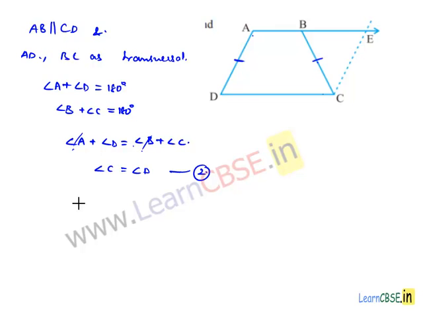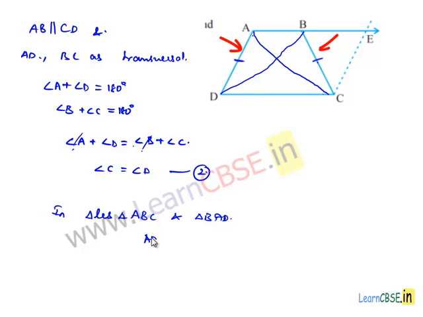In the third proof, he asked us to prove that triangle ABC is congruent to triangle BAD. In order to prove this, let us join AC diagonal and BD diagonal. Now, as he asked us to prove the congruency of two triangles, let us consider both the triangles, that is triangle ABC and triangle BAD. In these two triangles,